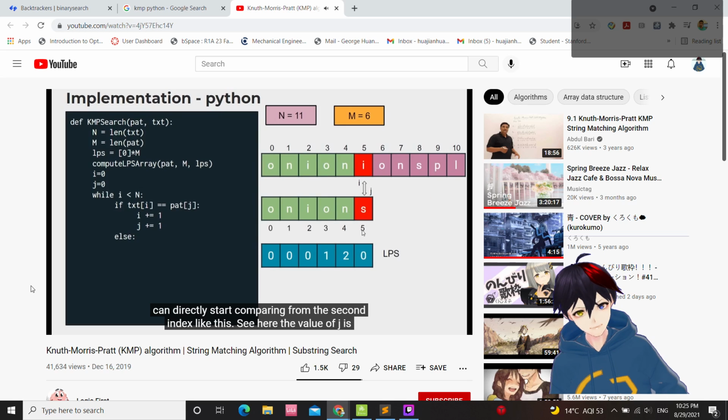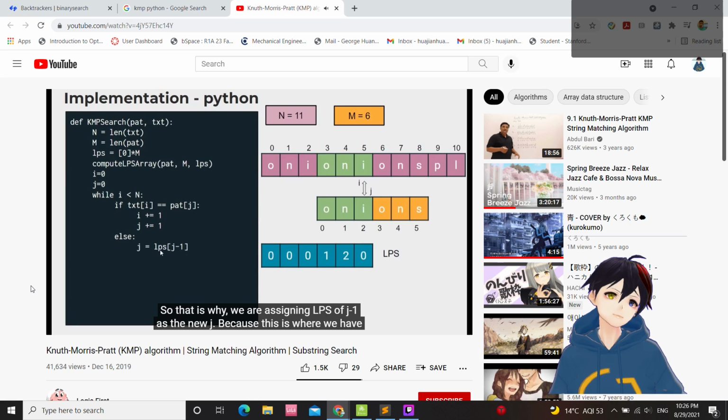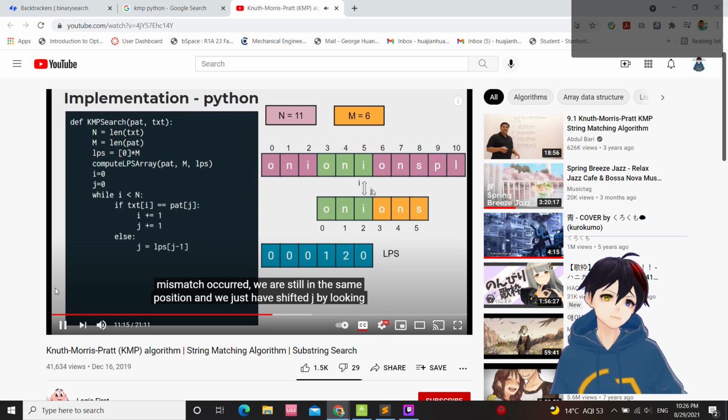See here the value of j is 5, and we now have to go to the 4th index and see what is the value in the LPS table. So that is why we are assigning LPS of j minus 1 as the new j, because this is where we have to start our next comparison. Notice that i is going to remain the same. Wherever the mismatch occurred, we are still in the same position, and we just have shifted j by looking up